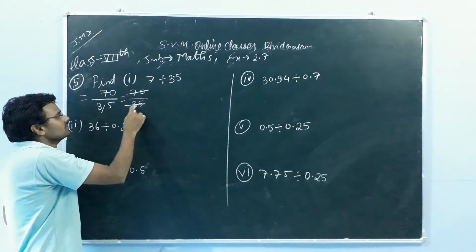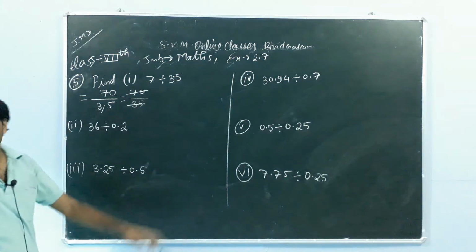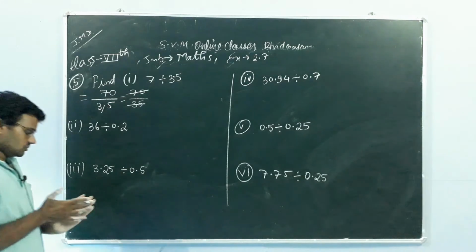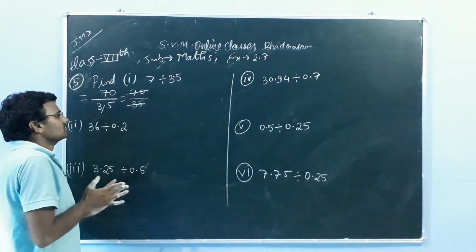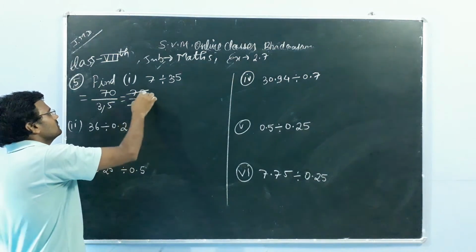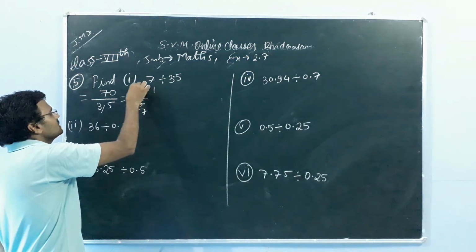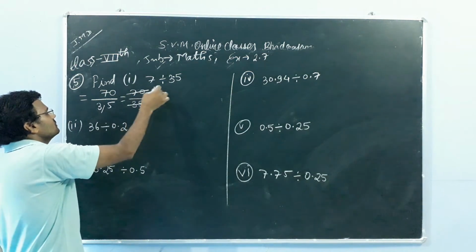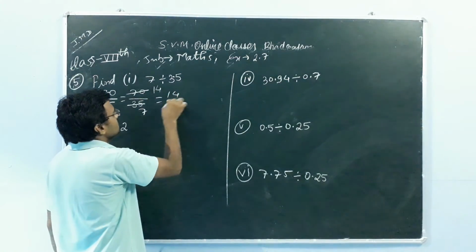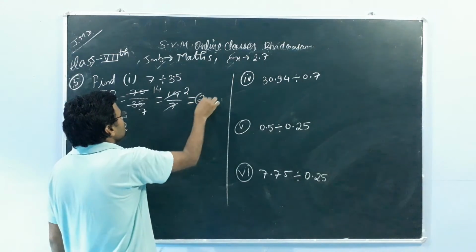Okay, so when we divide 35, because the unit place digits of both numbers are 0 and 5, both numbers are divisible by 5. So when we divide 35 by 5, we get 7, since 5 times 7 is 35. And when we divide the other number by 5, 5 times 1 is 5, and 2 is over here, so this is 20, and 5 times 4 is 20. Now 14 divided by 7, 7 times 2 is 14, so our answer is 2 only.